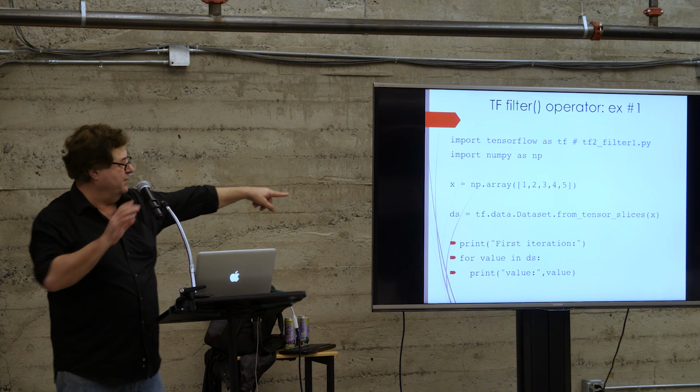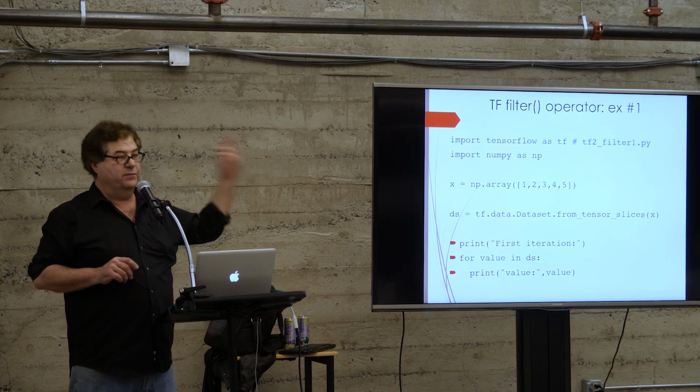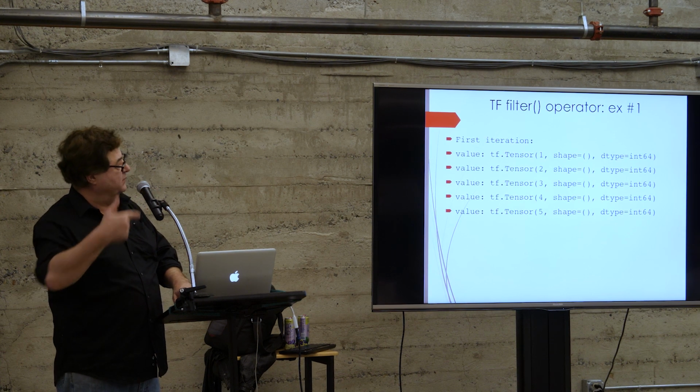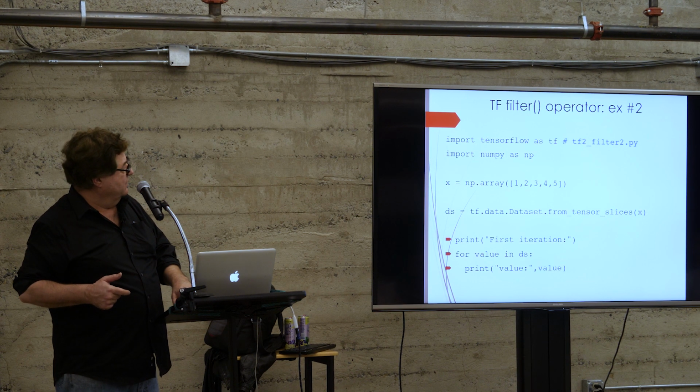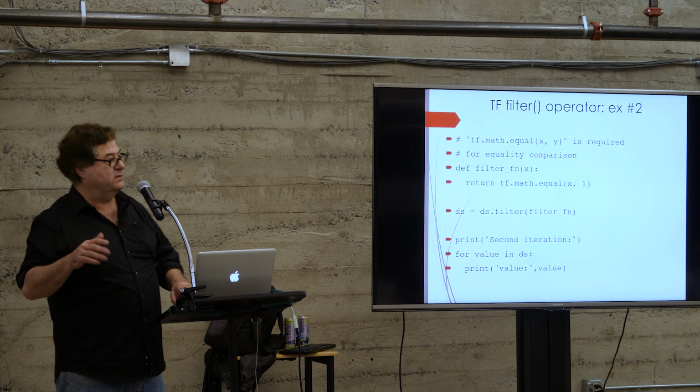So in this first example, when we do the first iteration, it's going to go through all the numbers in the array, or in the data set. As you can see, numbers 1 through 5. Now, if we look at this one, same first iteration. Now, here's an interesting